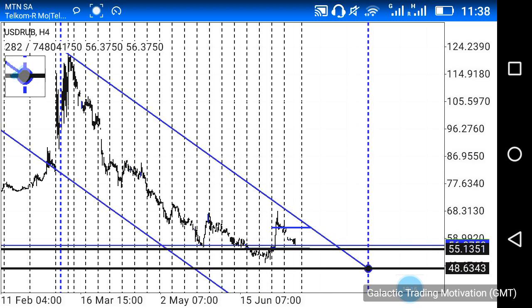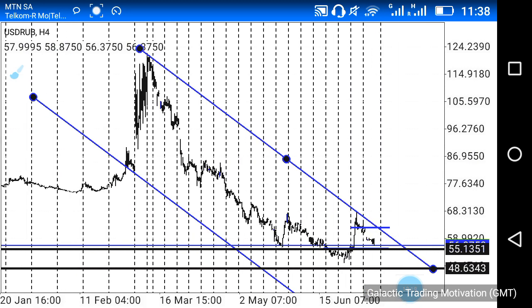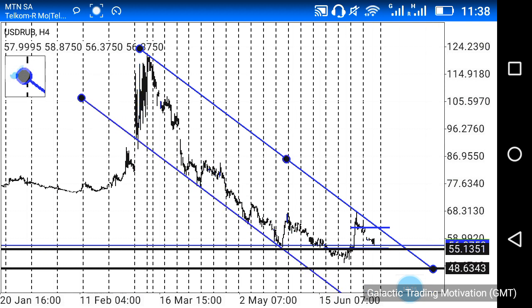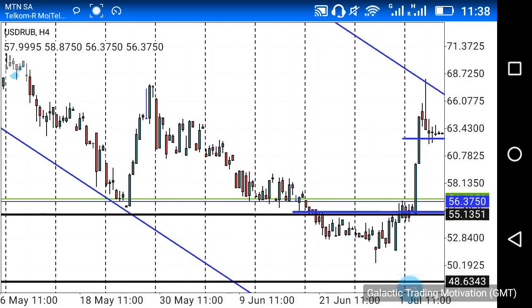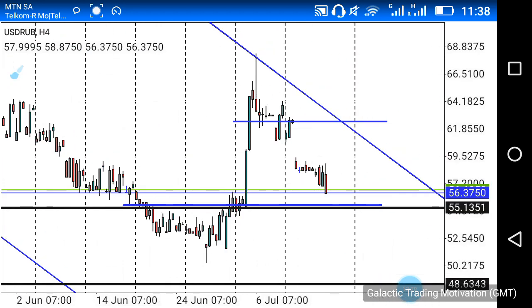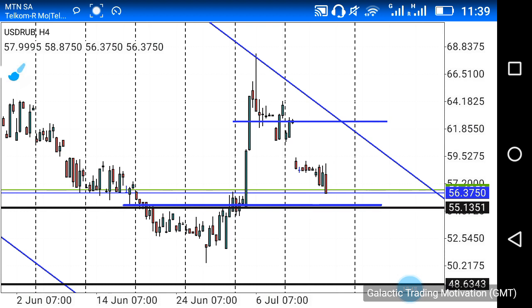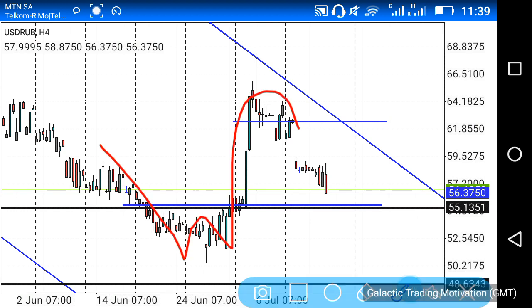On the H4 chart, I'm just going to fix my drawings more or less, as we need to ensure that whatever drawings we add to our charts are as close to perfection as possible. And here we are. What do we see on the H4 chart? Just to recap, on the daily chart we spoke about how we have this overextended W structure with a neckline over there. We also spoke about how we have this overextended M structure, which also has a neckline over there. And I said to you guys that at this point we should potentially be looking for those buying opportunities, as the anticipation is for the market, after having closed above the neckline, to come back to the neckline, and at the neckline is where we may look for potential buying